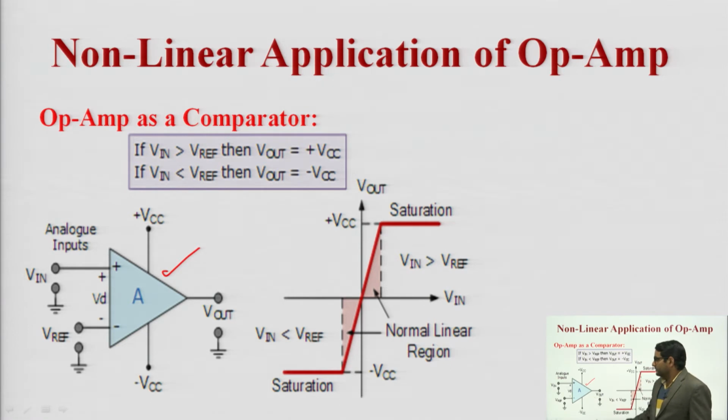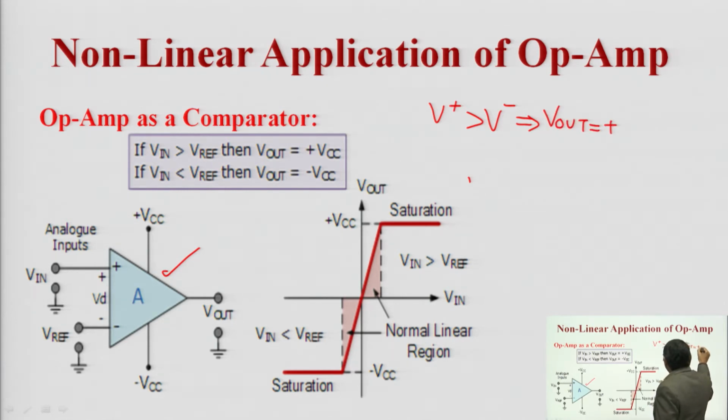We apply these voltages to the inverting and non-inverting terminals of the operational amplifier, and this is the basic concept: if V plus is greater than V minus, then V out will be